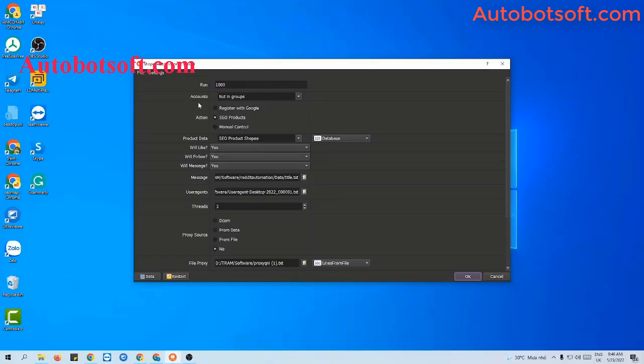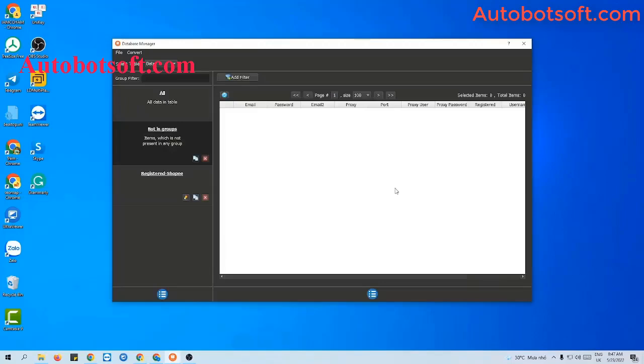Next is accounts. This section will save accounts to run this software. To import the accounts, you will click on this data icon. You will see the database manager dialog box here. There are two ways for you to import data. The first one is to import data manually. To do this, you will click on this icon,